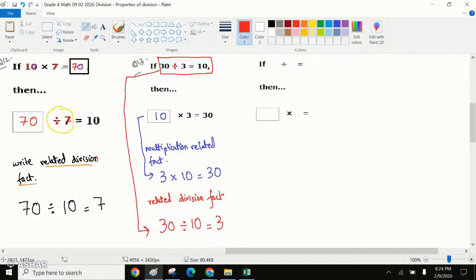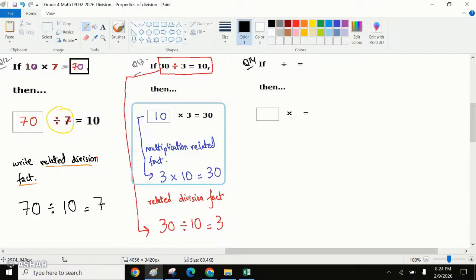Okay, so we have both. We have both multiplication related facts. Agreed? These both are multiplication related facts. And the other two equations are division related facts. Okay, so for the next question, question number 14,